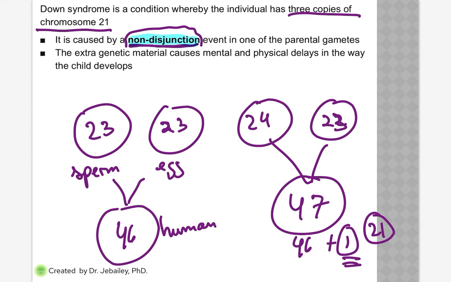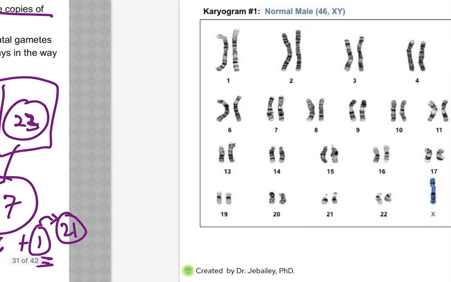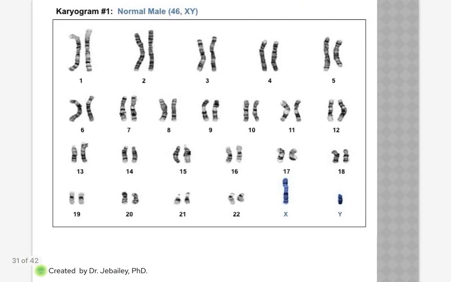And this is because, again, one egg from mom came with 23, or it can be the sperm that came in with 23, and the other one came with 24. Either way, it doesn't matter if it's the sperm or the egg. If one came with an extra one and you get 47, and the extra one is on chromosome 21, then automatically it's Down syndrome. So here is one thing that IB will do: give you some karyograms and